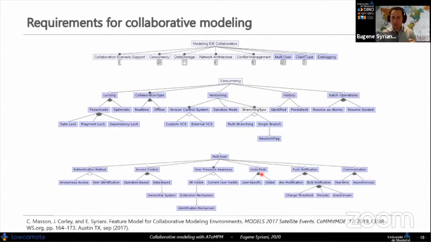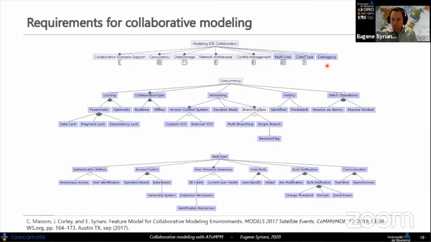Because imagine if I perform an operation and someone else performs an operation, I expect that my undo undoes what I have done and not what the other person has done. So this brings interesting research challenges there. Same thing for copy pasting. I'm not going to go exhaustively into all that, but there are different dimensions, different aspects we have to think of when we're talking about multi-view collaborative modeling.